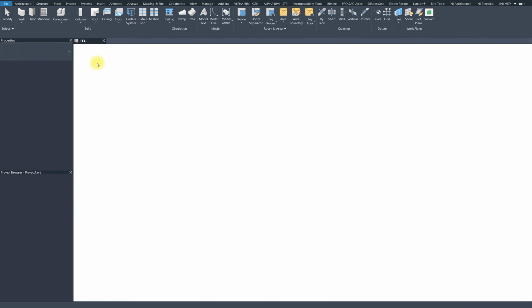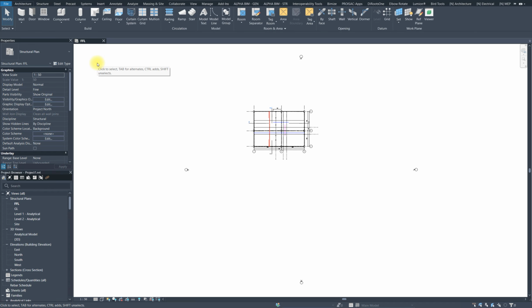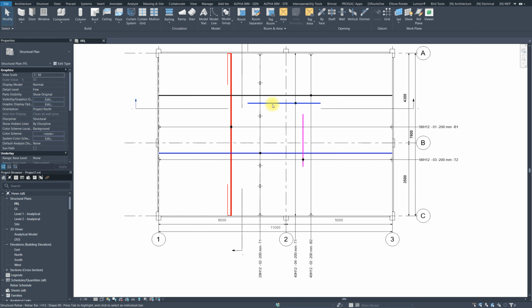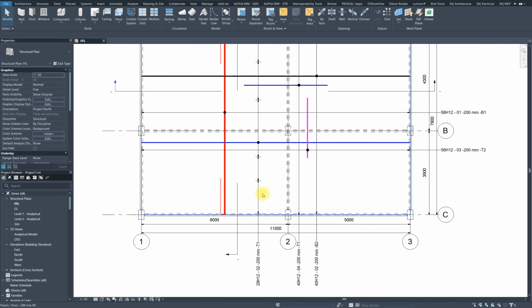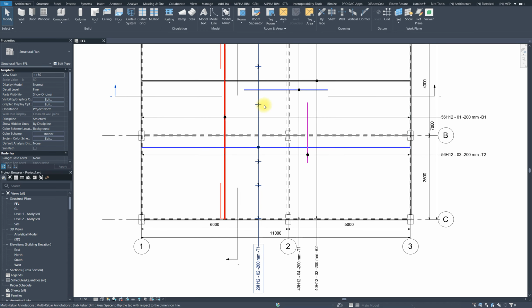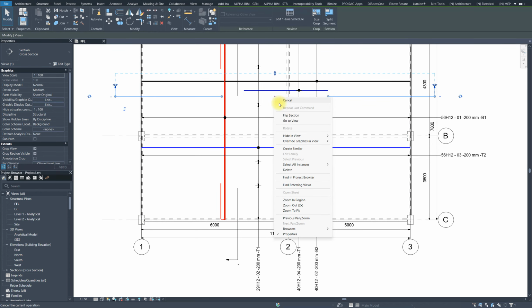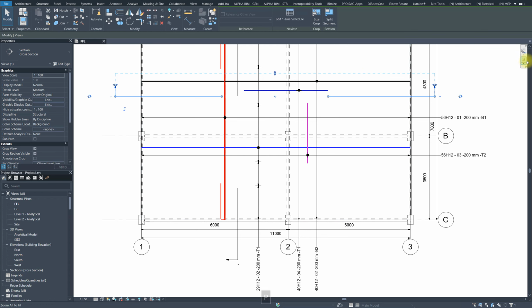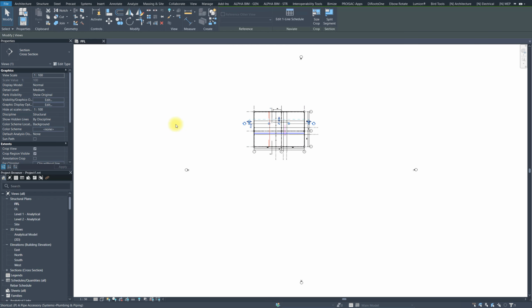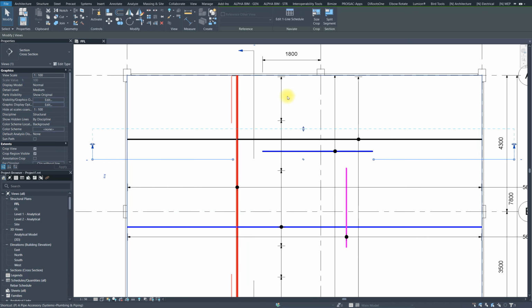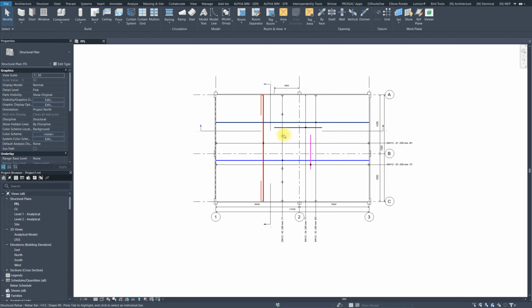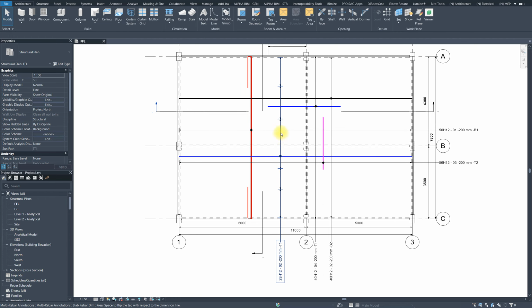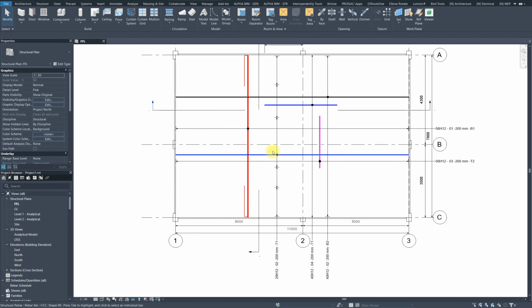So this is what I'm gonna do. I'm just gonna show you quickly how to show the number of bars in each part of our slab. As you can see basically here, you don't have the number of bars here, the number of bars here, and when you detail your bars